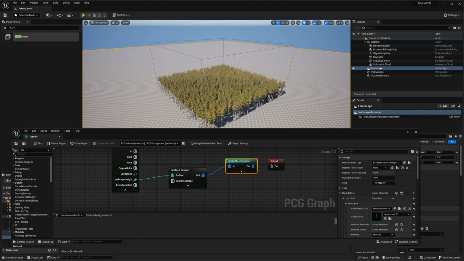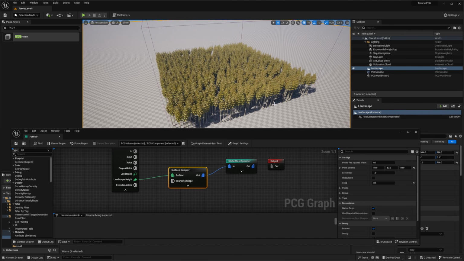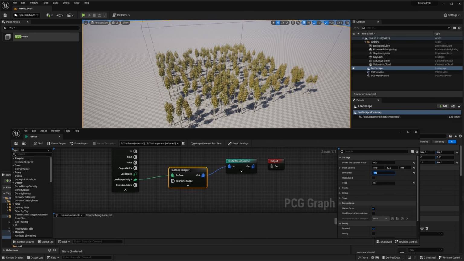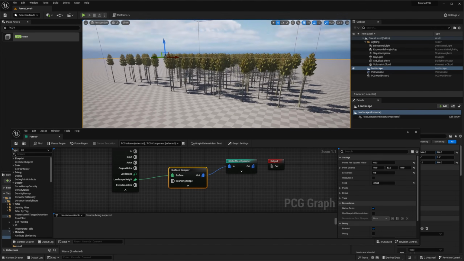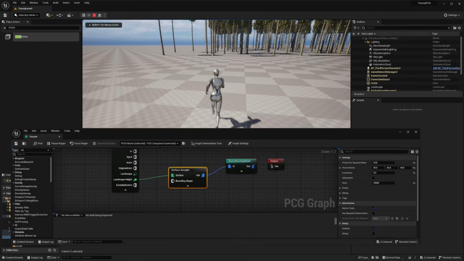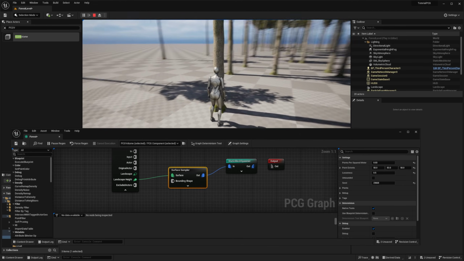And I have a lot of trees, which is not exactly realistic. So I'm just going to play a bit with the settings. For the surface sampler, let's say I want fewer trees. So it's better. Point extents, I will leave there. Perhaps I want them closer to each other. And I don't know, just play a bit with the seed. And there you have it. You have added a few trees in your game. Hit play. You can see that the trees, if they have collision meshes, will have collisions.